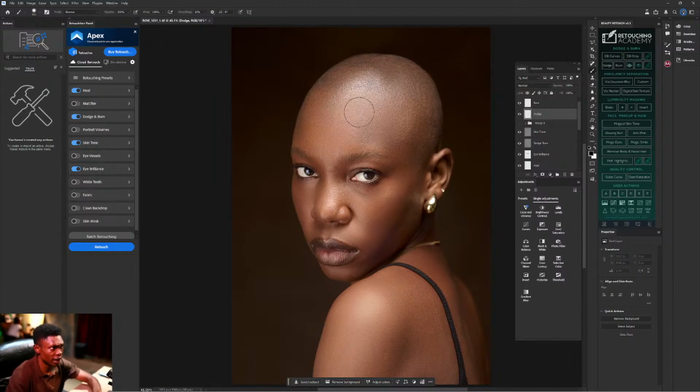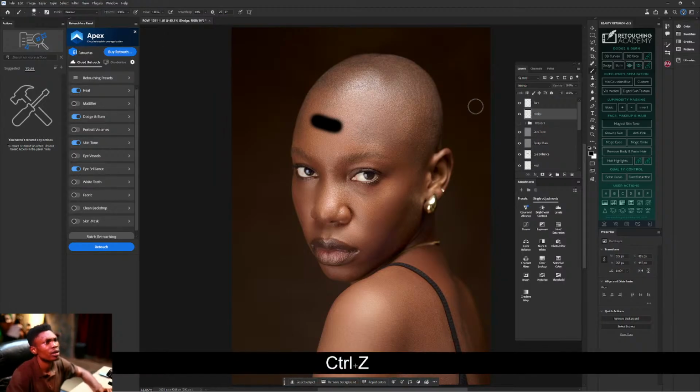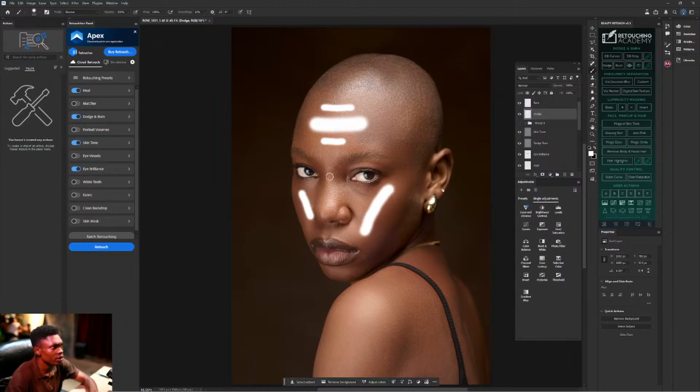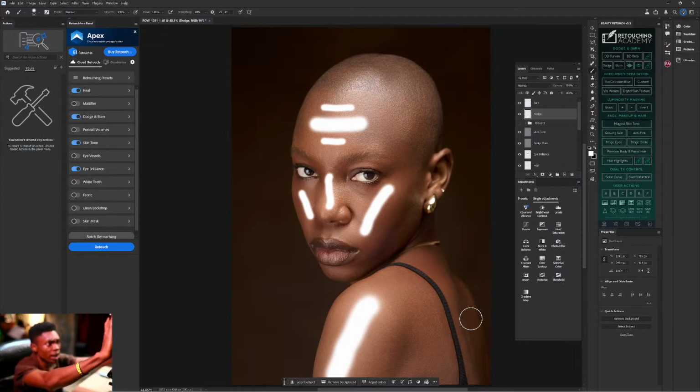So for the dodge now, see this side now wey light dey, the forehead, the dodge na suppose be white. Make I draw something like this, dodge. Make I draw another small one, then draw another one for the up. Then for this side too, make I draw straight line for here, draw straight line, draw straight line. Now this part with the shoulder, before I call am elbow, you see this part then now, if you do this thing, you don't get your dodge. Then more go do for burn. I go show now how we get everything.